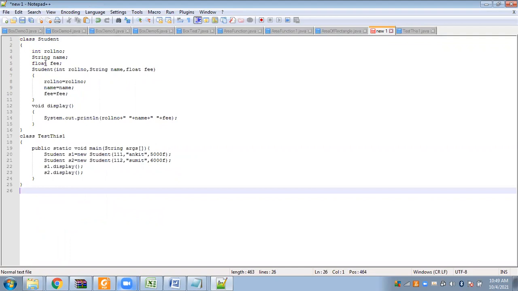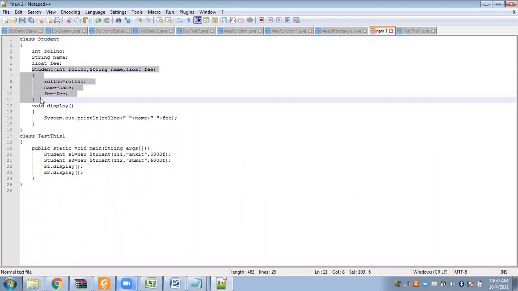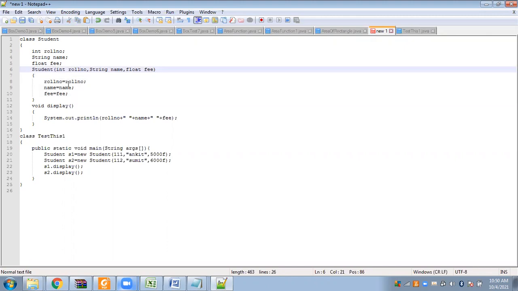See, in this program, we have two classes, right? In first, we have the student class. In the student class, we have three instance variables, roll number, name, fee, of int type, string type, and float type. Then we have a parameterized constructor. As soon as we create an object of this class, immediately this constructor will be invoked and the object will be initialized to whatever values we provide.